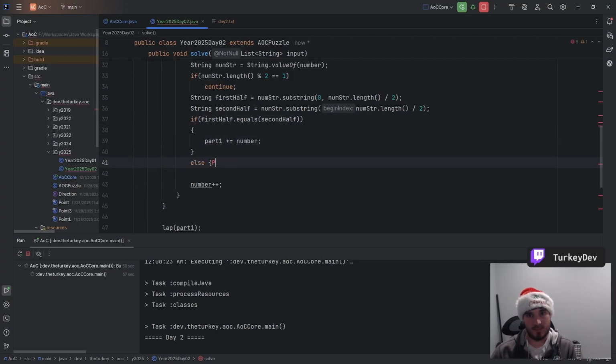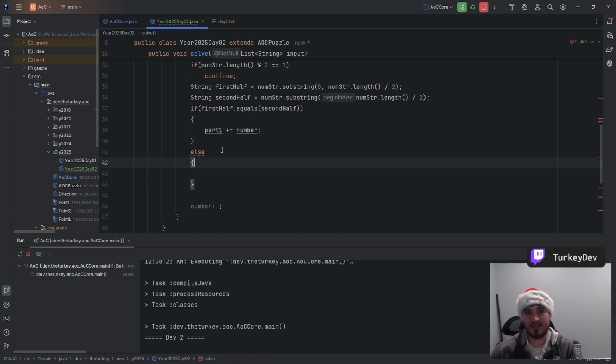If it is equal, we can just skip over to the next part, which is number is going to be equal to